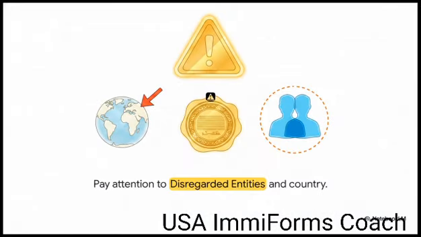Now, while Part 1 is mostly straightforward, the IRS does have a few hidden warning signs you really need to heed. Be super careful with Line 2, where you enter your country of incorporation. Also, pay special attention to Line 3 if you operate as a disregarded entity, which basically just means your business is separate from you legally, but disregarded for tax purposes. If that's you, you absolutely must follow the specific naming instructions so the IRS knows exactly who is receiving the